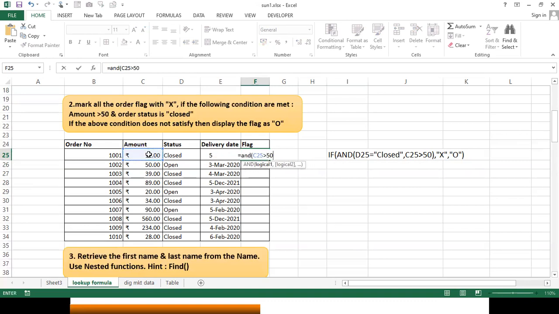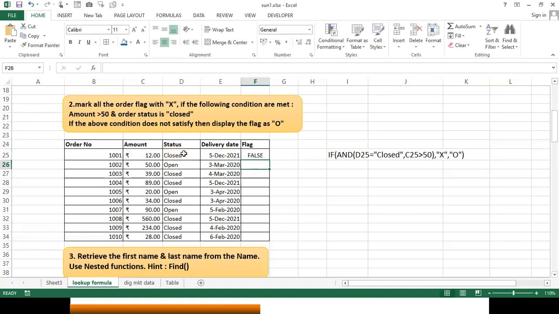Okay, I'll check the first condition, comma, I'll check the second condition here. Is it equals to closed? Two conditions I have given. So is it greater than 50 and is it closed? I'll just press enter. I'll not write IF right now.